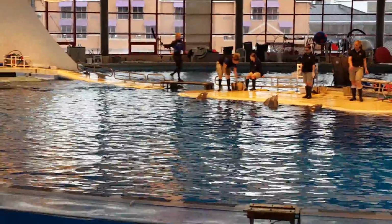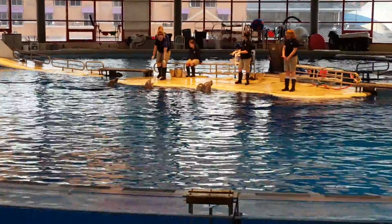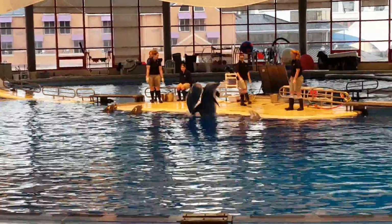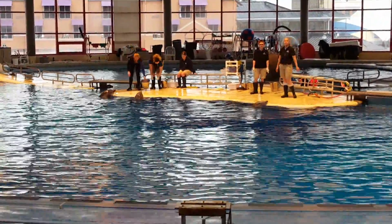And that was Nani learning something called a back breach. So she's just starting to learn it right now, so she didn't get very high out of the water, but we're teaching her that she's going to land on her back. Now eventually she's going to get really high out of the water, and we'll see if we can get one of them to show this off in a second, but this is going to be a bow that you guys